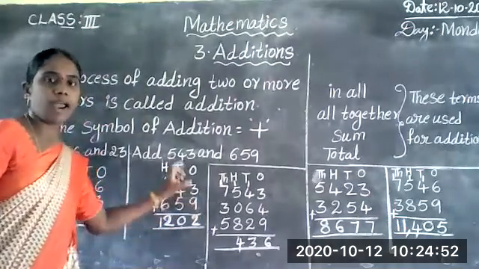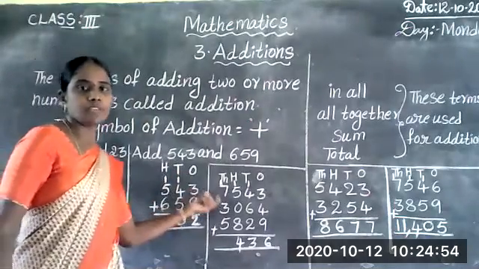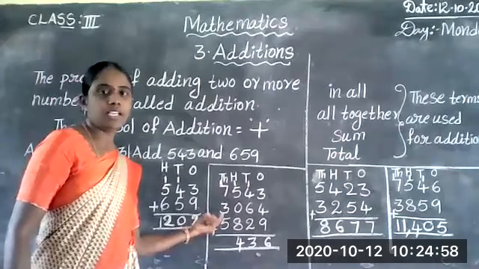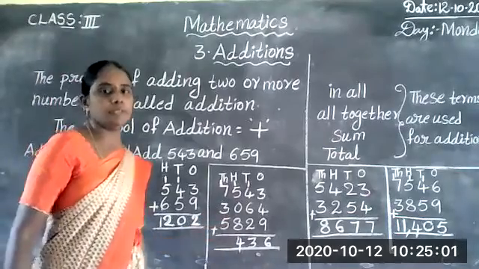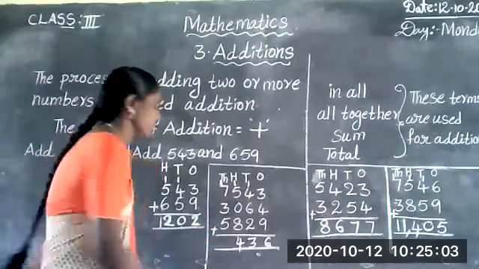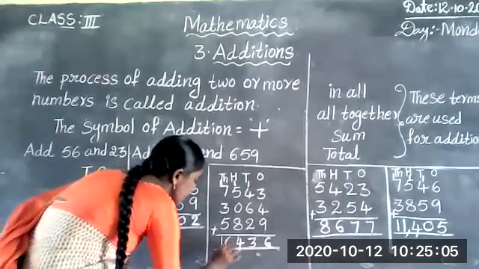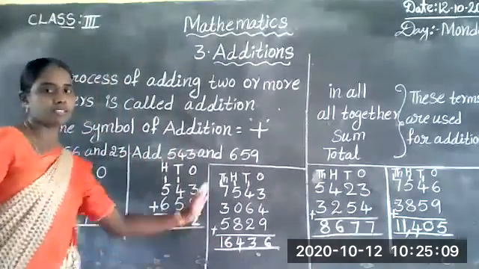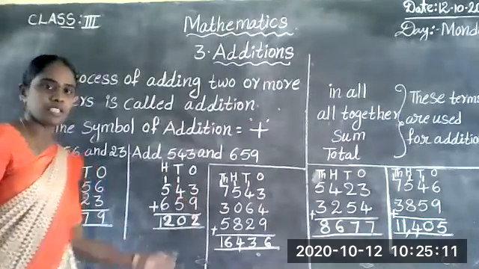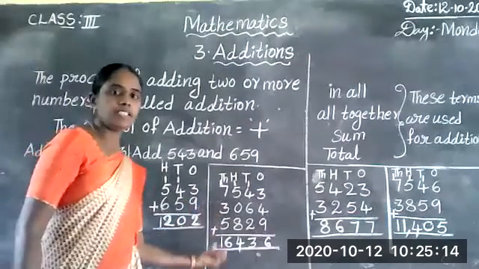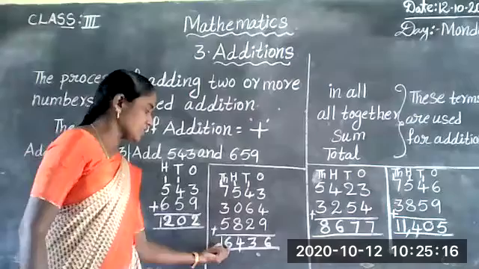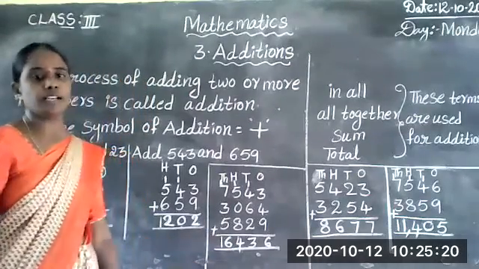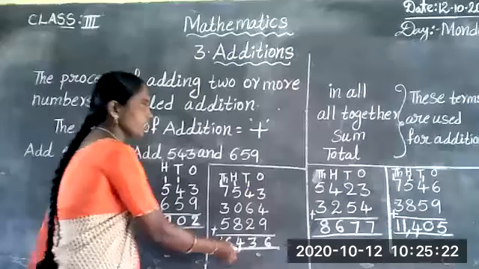Next we will go to the thousands place. Add thousands place numbers. 7 plus 1 is 8. 8 plus 3 is 11. 11 plus 5 is 16. Write it in the thousands place. Here, don't take a carry. Why? Because the next numbers are not there, so no need to take a carry. What will the answer be? We have to write it down below: 16,436. How to read this number?